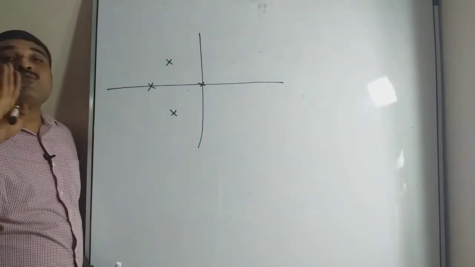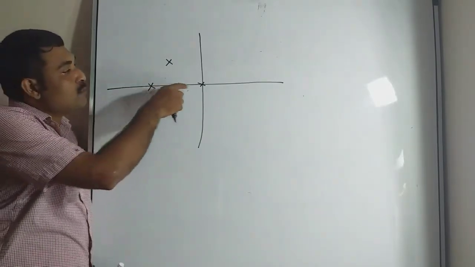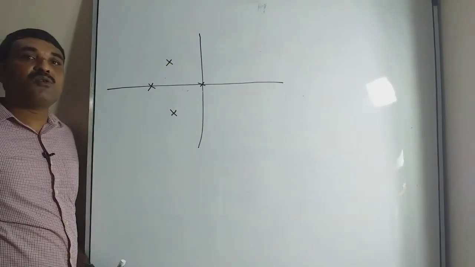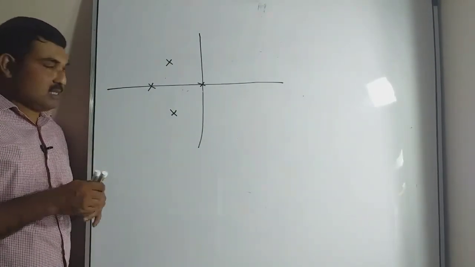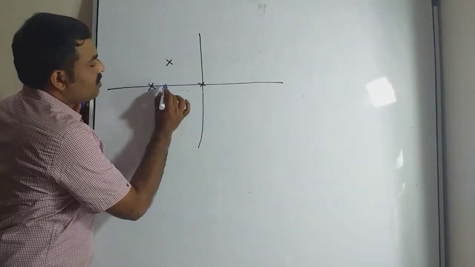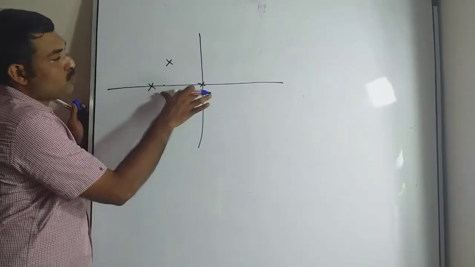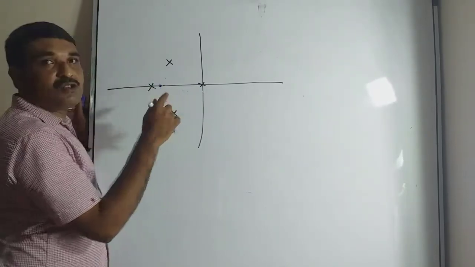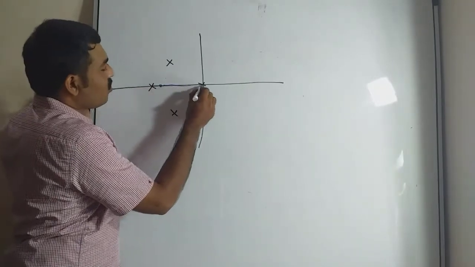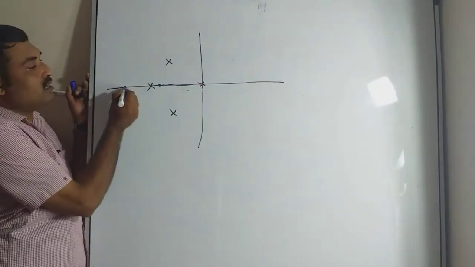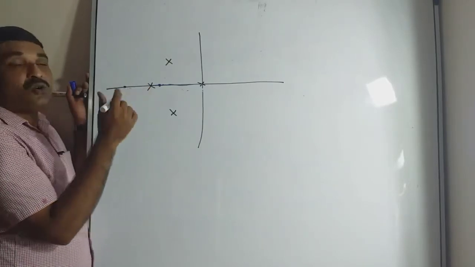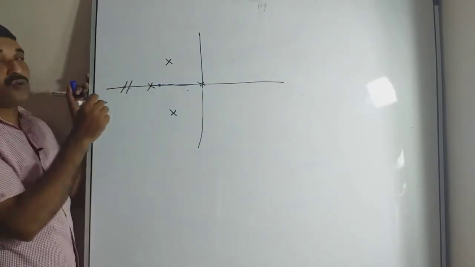Okay, this is our next pole-zero configuration. We have only 4 poles: 2 simple poles and a pair of complex conjugate poles. Now we want to draw the shape of the root locus. Consider a point here, in between these 2 poles, I am taking a test point. The total number of poles to the right is odd, so this portion lies on the root locus. Now take a test point here. We have 2 poles towards the right side of this point, so this portion is not lying on the root locus.